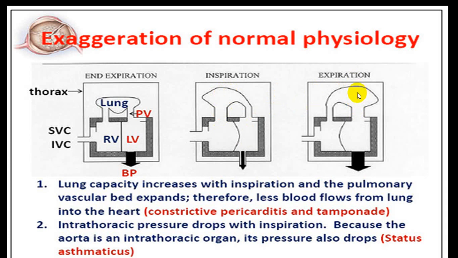Blood will be ejected from the lungs into the LA and then into the LV, so LV output will increase. The interventricular septum will now compress towards the right ventricle. This will be characteristic in any person who has cardiac tamponade, constrictive pericarditis, or massive pericardial effusion. The pulse will come up during forceful expiration and will disappear during forceful inspiration.